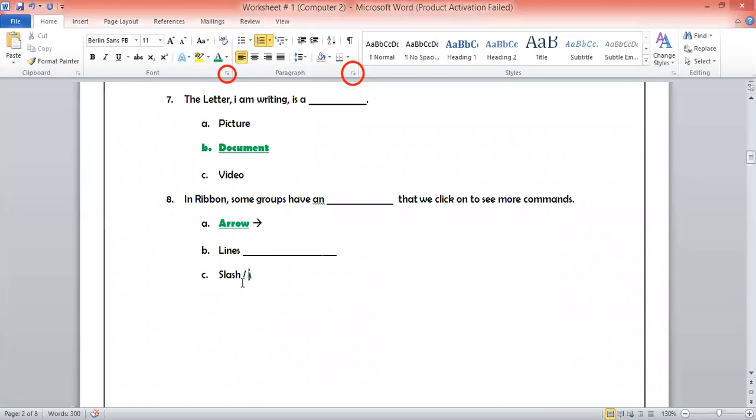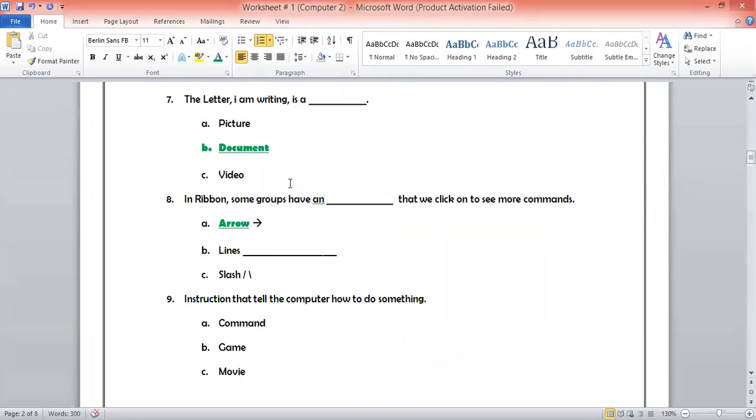Now we are moving towards the next one. What is the next question? The next question is showing on the screen. It says: an instruction that tells the computer how to do something. It means that instruction is a command, a game, or a movie.